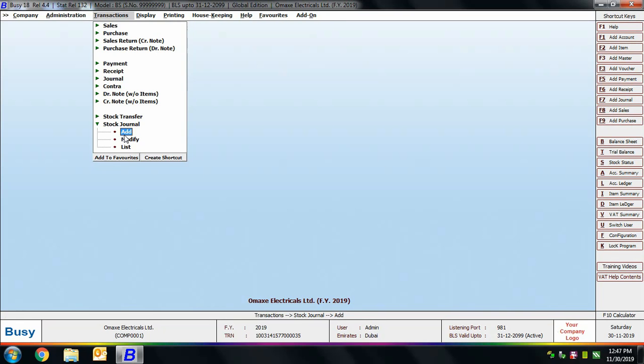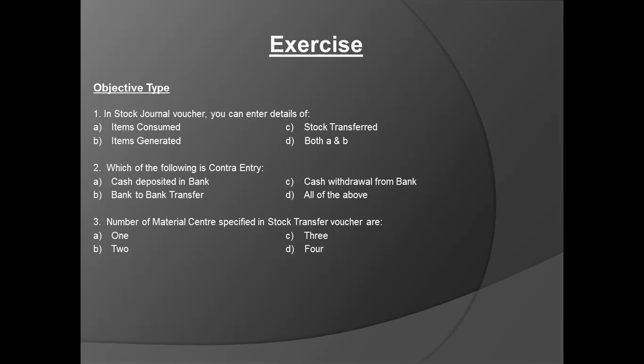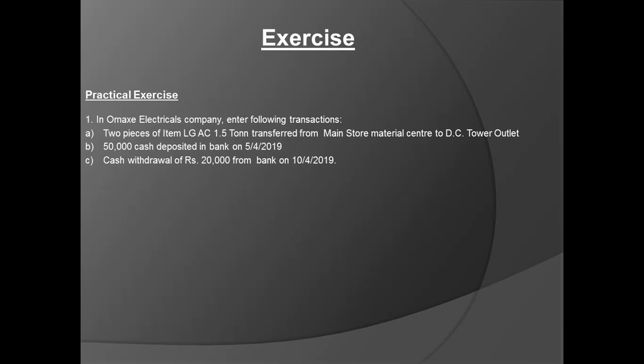This is all we have to discuss in this chapter, that is the journal, contra, debit note, credit note, stock journal, stock transfer voucher. At the end of the chapter we have provided certain exercise. You can view the exercise on screen and attempt it. Hope after going through this chapter you would be able to easily enter all these